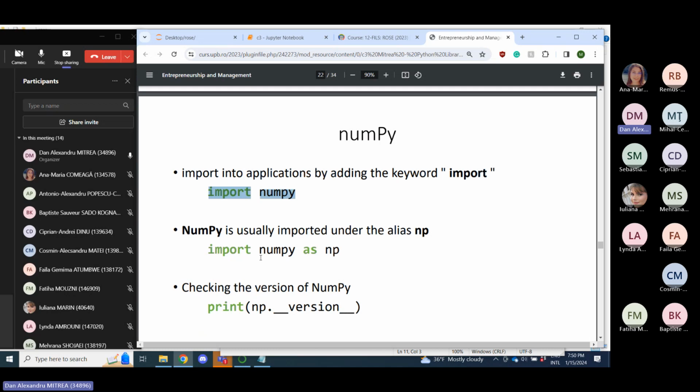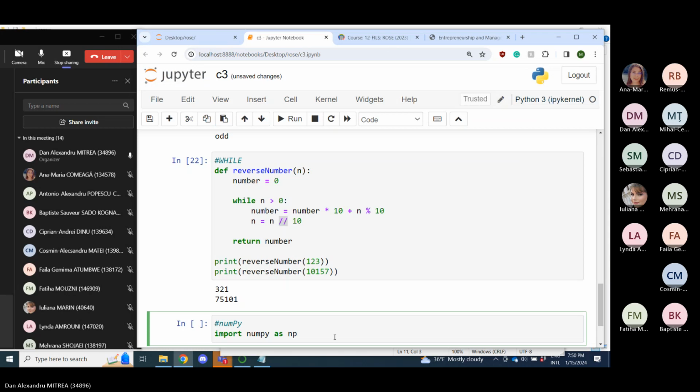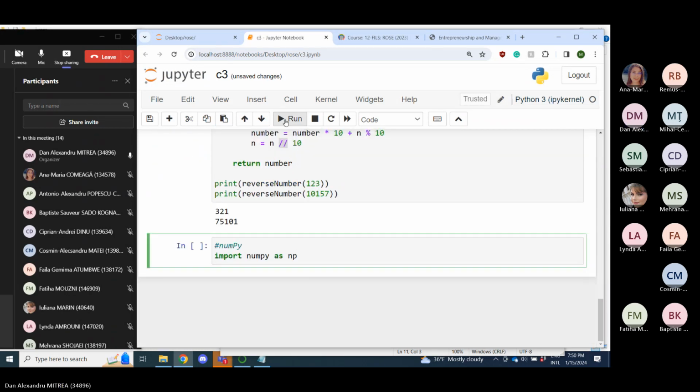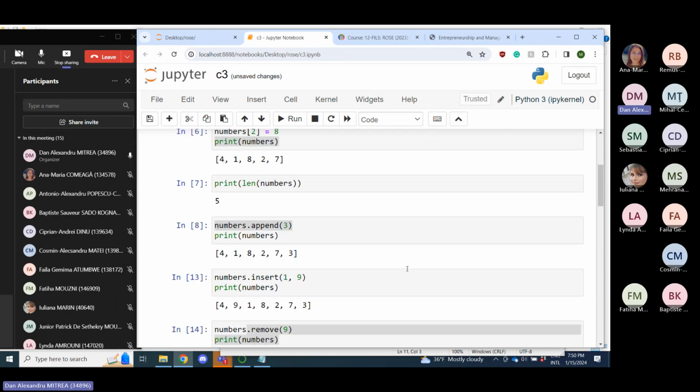And if you want to not write NumPy every time, you can create an alias. And when you need NumPy, just use np. Okay, and let's create, like in the list examples,